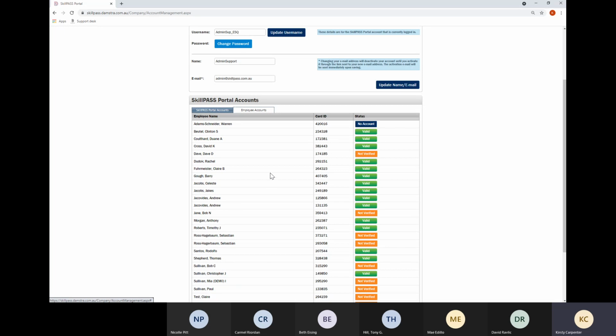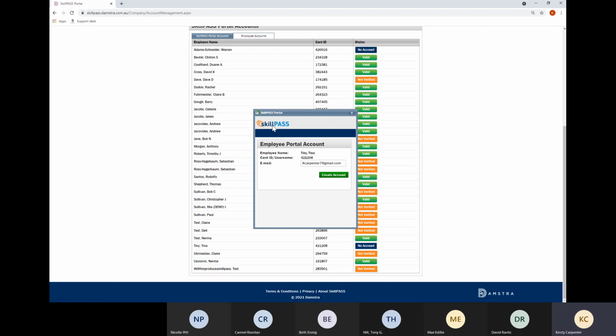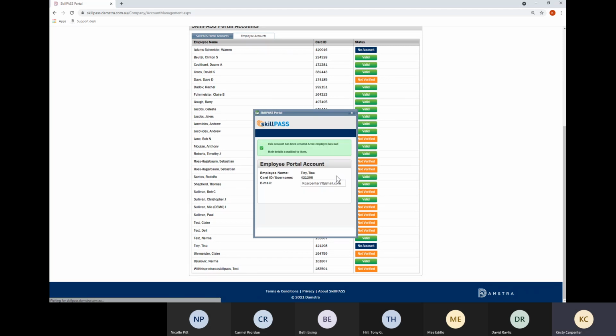So on here, I can see that Tiny Tina doesn't have an account, and also Warren doesn't have an account. I don't want to give Warren an account, but I do want to give Tina one. So I'm going to go in and click on the no account. I will get a dialog that comes up and it says create account. So we're going to go in and click on create account. This gives them an email that is sent through to their email, so you make sure it's correct before sending it, and they will get an email to verify their account and then to get login details for the application